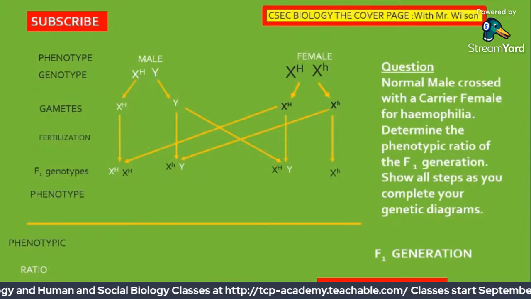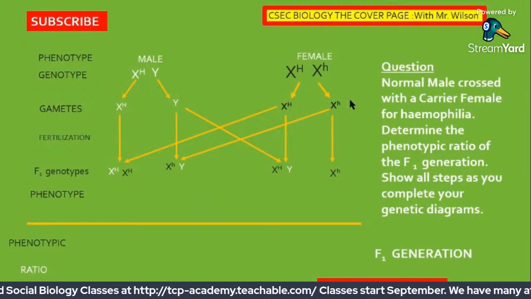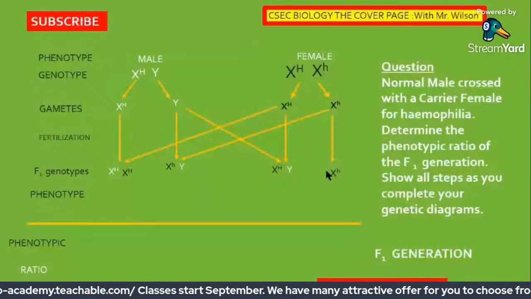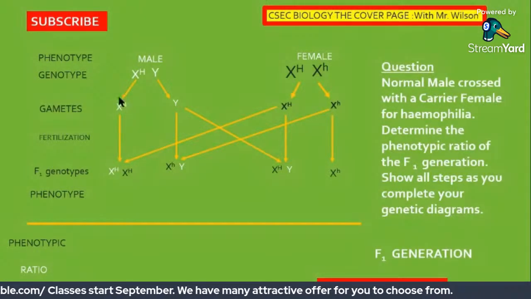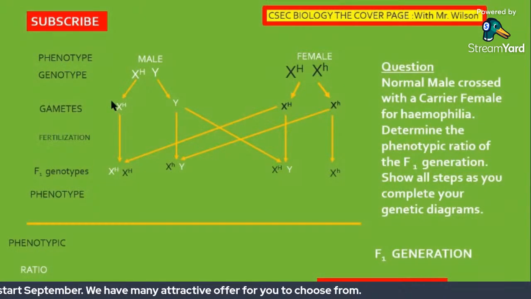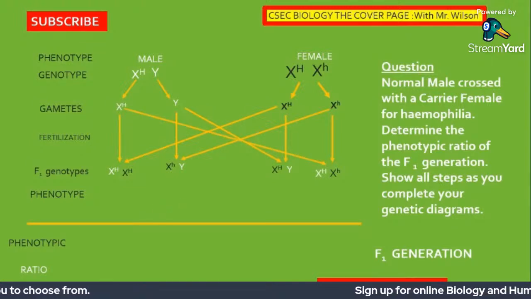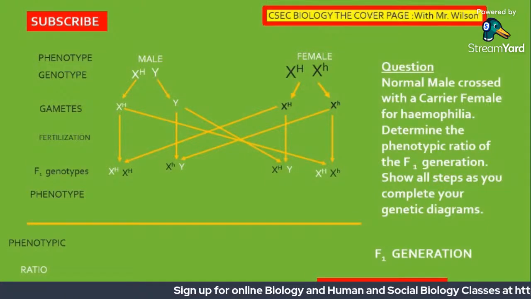One down. So here it is completed here. So now this needs another arrow, and of course this needs an arrow just the same. All right, so we're going to be crossing from here to here with that arrow. Here we go. All right, that completes the genetic cross, and exactly how you're supposed to be doing it for